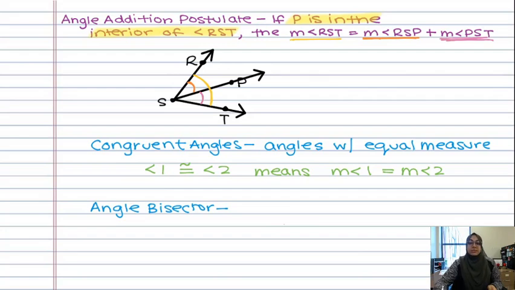And think back to segments. How do I represent a length of a segment versus how do I represent the name of the segment? Same thing here. How do I represent the measure of the angle versus how do I represent the name of the angle? And the last one is an angle bisector. An angle bisector is a ray that divides, a ray that's in the interior of an angle